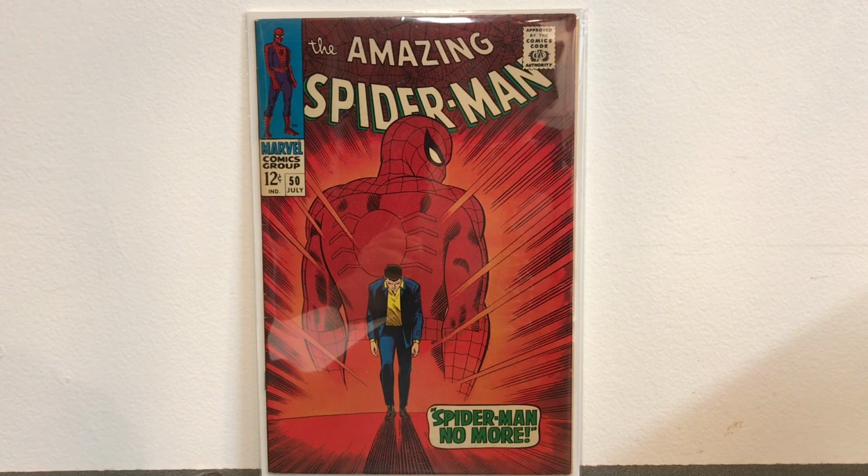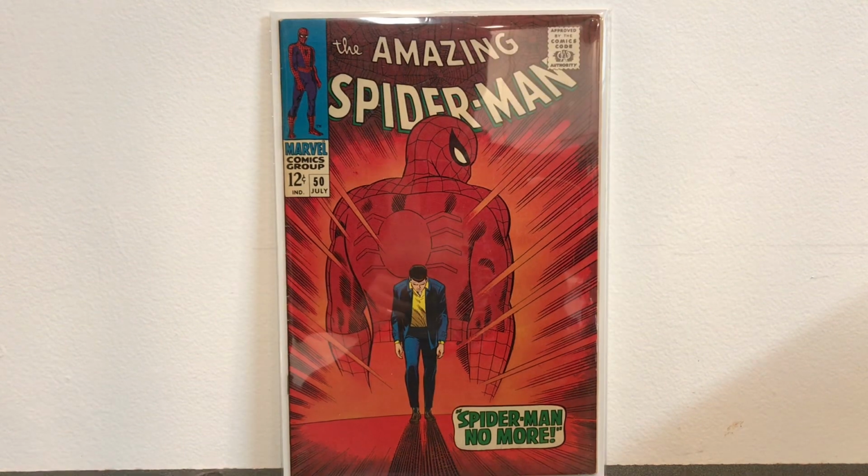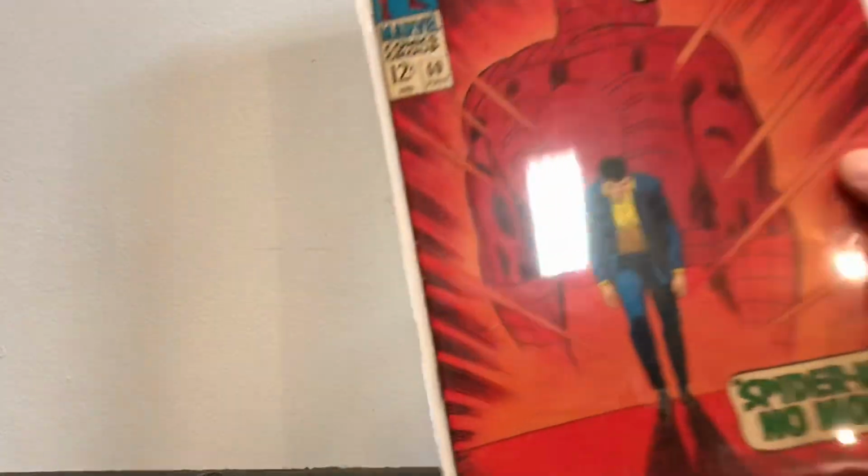Now, if I had to personally give my perspective of condition on this book, I would say that this book is around a 7.0 to 7.5 range, raw of course because it's not graded, and this book goes anywhere from $500 to $600 US. Now this book is absolutely beautiful. This is probably one of the cleanest copies I have seen, actually,